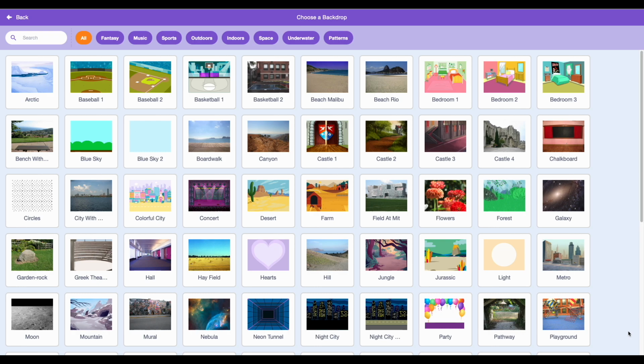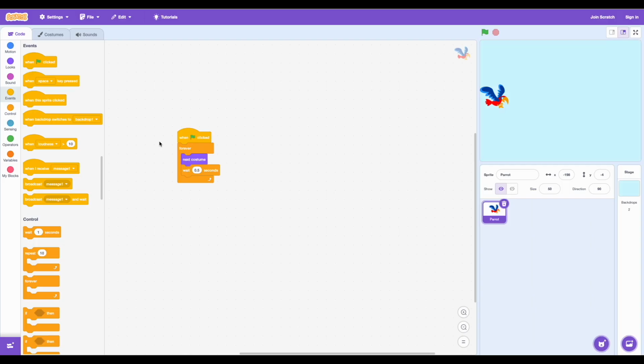Again, feel free to pause the video and have a look through. You can select whichever backdrop you want. I'm going to click here on Blue Sky 2. Once you've chosen your backdrop, we are going to add in some more sprites to really create the effect of flight. So, come back down to the Choose a Sprite option in the bottom right hand corner, and I'm going